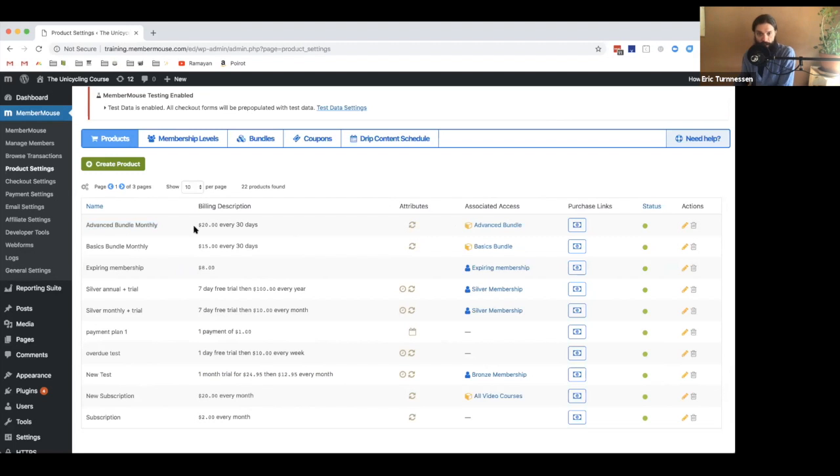So when I'm demonstrating this, particularly for courses, I'm going to say that people will get access to a bundle when they purchase these products. So the two products I'm going to be using for this demonstration are this basic bundle and advanced bundle. So you'll see here, these are the products, $20 every 30 days, $15 every 30 days. And when they're purchased, a bundle is applied to the account. So now at this point, now that I know that these people are going to be getting a bundle,